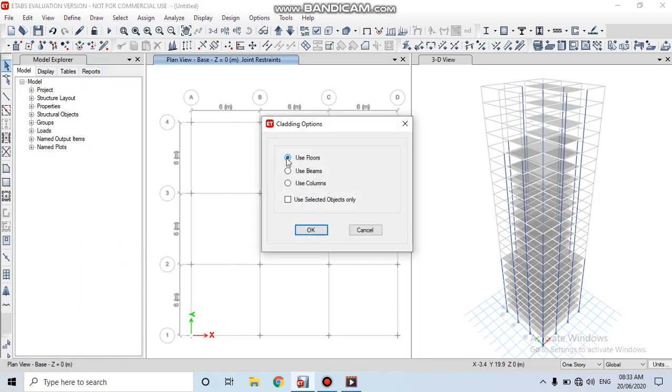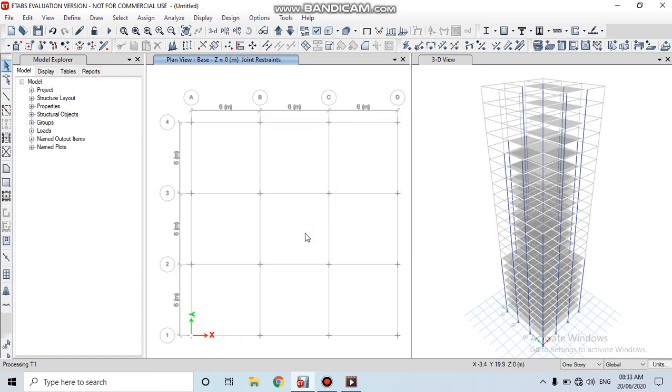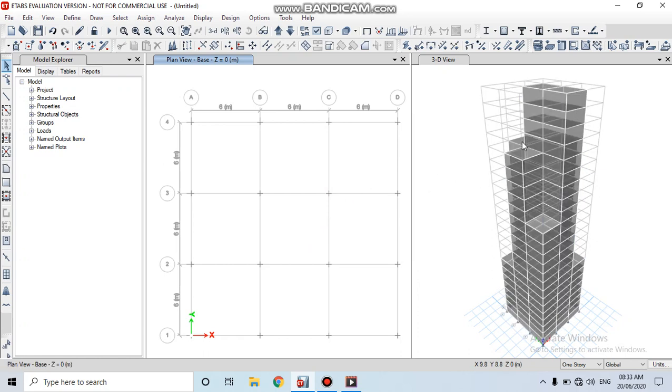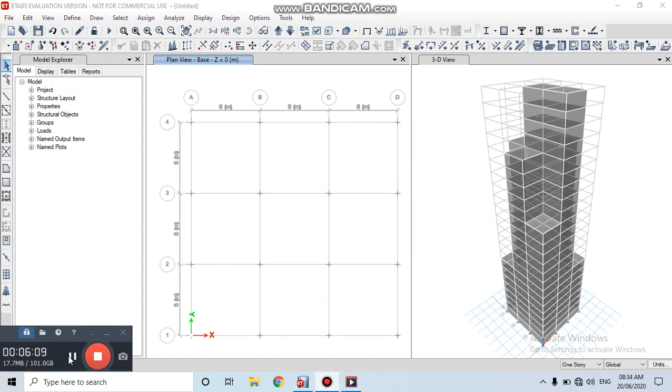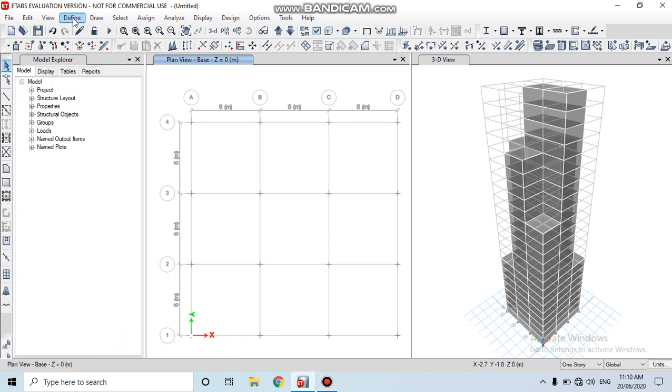Then in cladding options, use floors. Then click here OK. Here we can see that the claddings are drawn along each floor of the building. Now the wind loads are applied on external cladding.